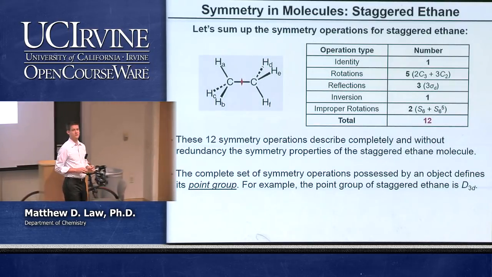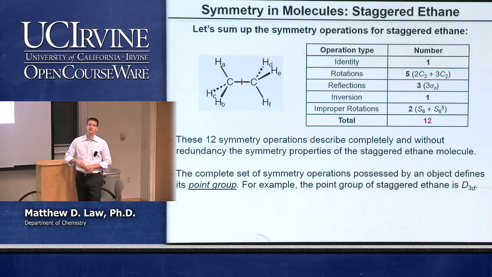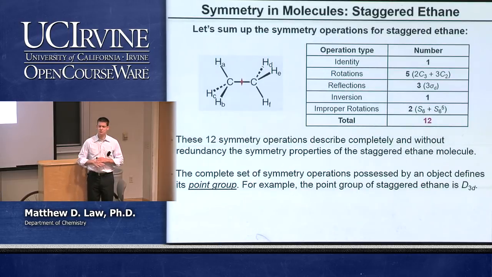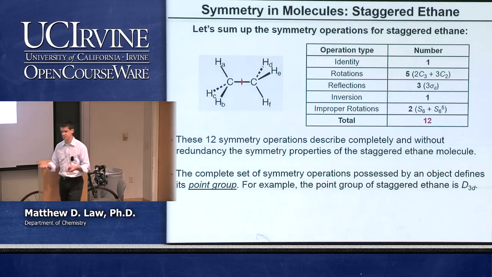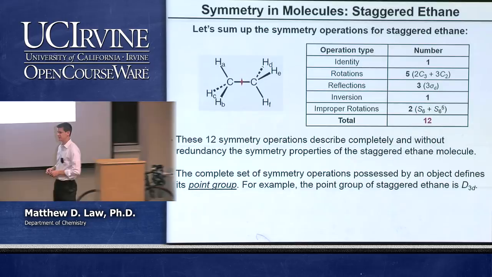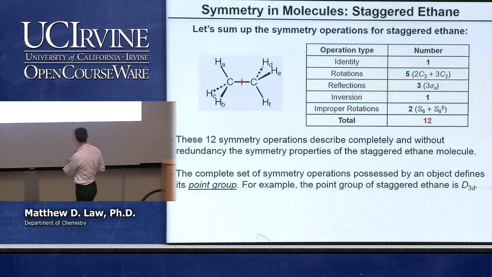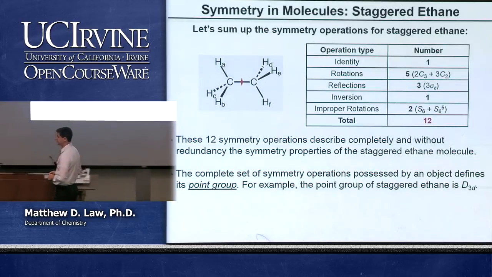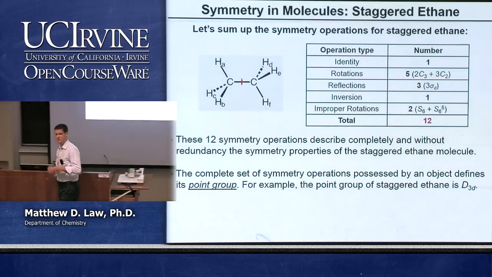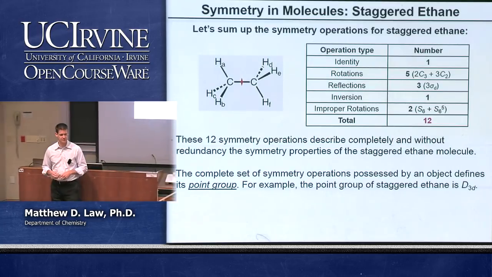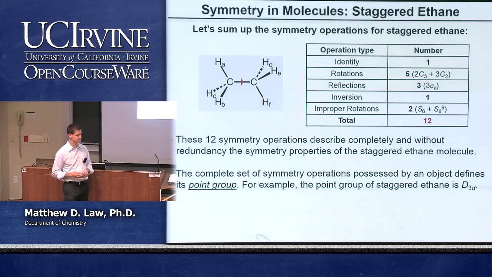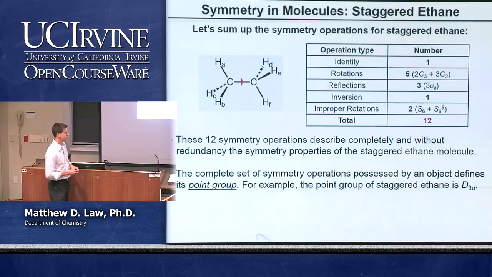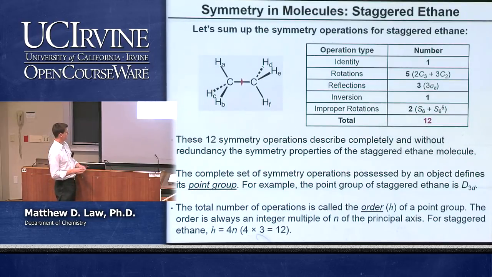If we know that it's a D3d object, then we can use that information extraordinarily powerfully to understand things like molecular vibrations, the molecular orbital construction for the molecule, et cetera, et cetera. And that's kind of what we're going to be doing over the next few chapters. Okay? It's taking this information and what we know about that particular point group and making use of that to simplify calculations and to give an intuitive picture of what it should have in terms of the number of molecular vibrations, et cetera. Okay? It's actually quite beautiful how this all works out, as you'll see.